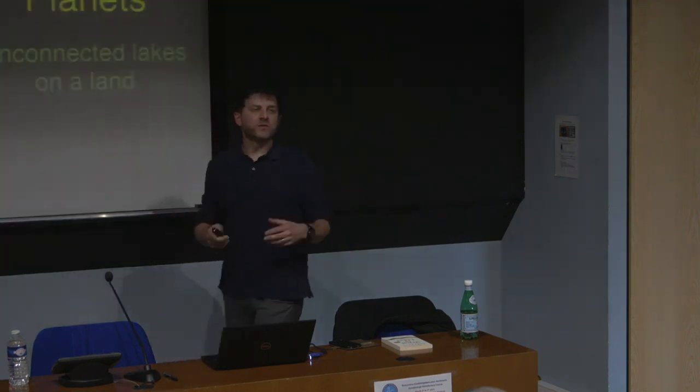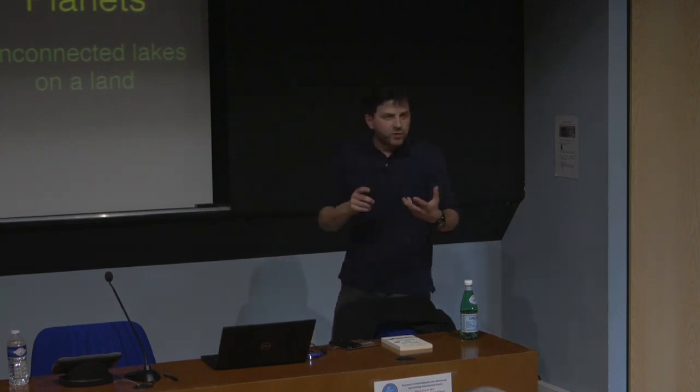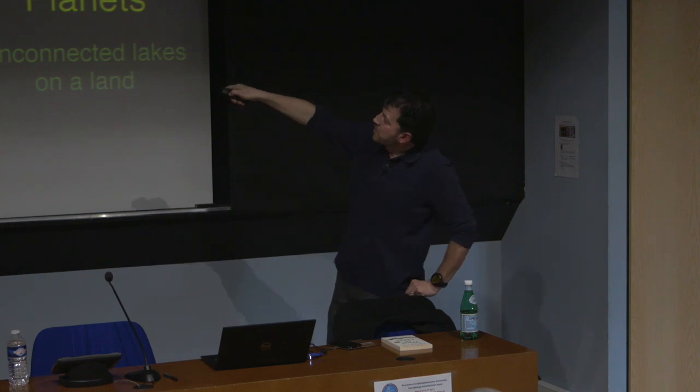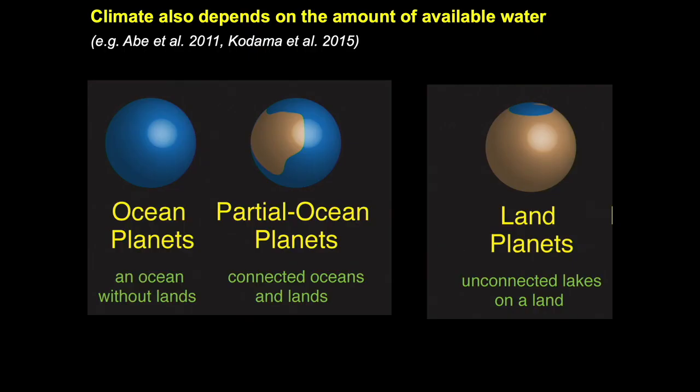Of course, you can find some detail that suggests that it can be otherwise. For instance, it has been shown that if you, instead of having an ocean planet or a partial ocean planet like we have on the Earth, you have something much drier. Many authors call that a dune-like planet from the famous science fiction novel Dune. If you have not much water on the system, water will tend to accumulate in the polar regions where it's cold. This region will be super dry, and you can demonstrate that with such a planet you can move closer to the Sun without